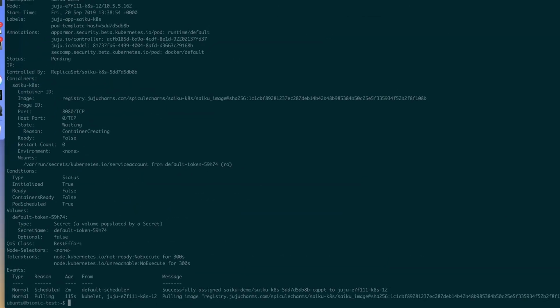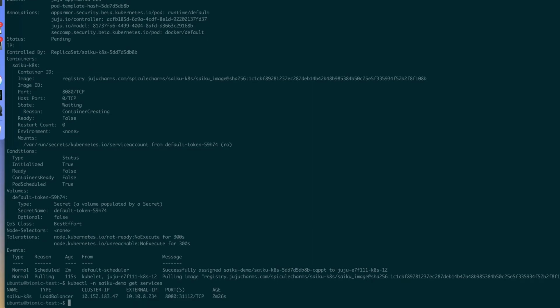You can see that it's pulling the image, it's downloading stuff to the Kubernetes client. It's then going to deploy the container onto that node and then hopefully spin it all up. The other thing that you can do as well is kubectl -n seku-demo get services. So you can also see, because I asked for a load balancer type of service, it's created a load balancer service for me. The cool thing again about OpenStack is that you can use